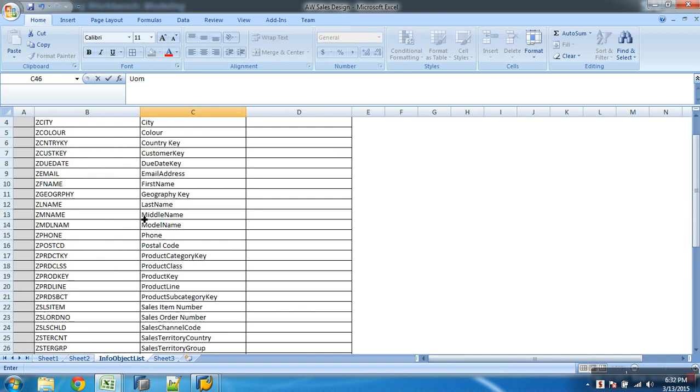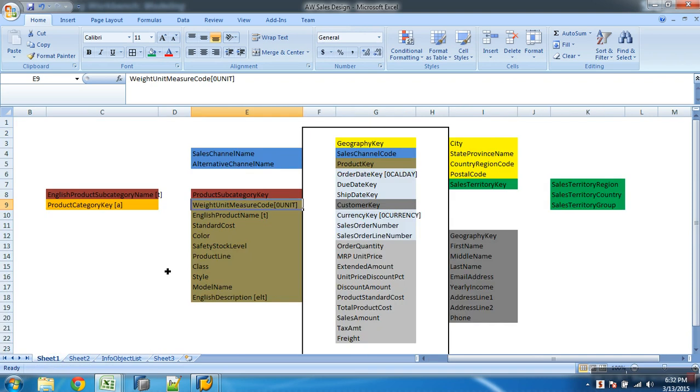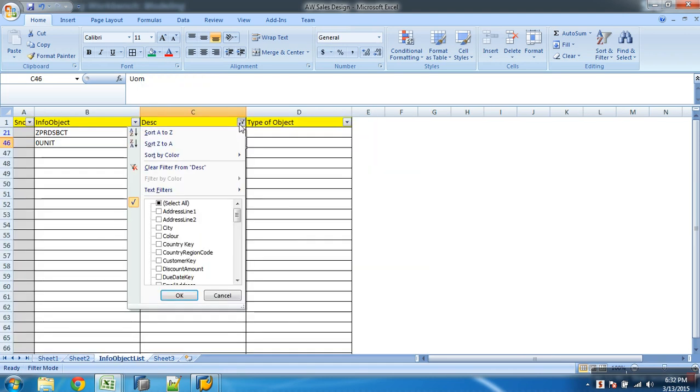Unit of measure. So I wanted to know, one is what? Product subcategory key. Then what? UOM. Then what else? Next column. So these two are the attributes. What is next? I want this into text tables. Let's not worry about this. Next what? Standard cost. That's a key figure. So I already have a key figure called standard cost. Do I have this? Standard cost.